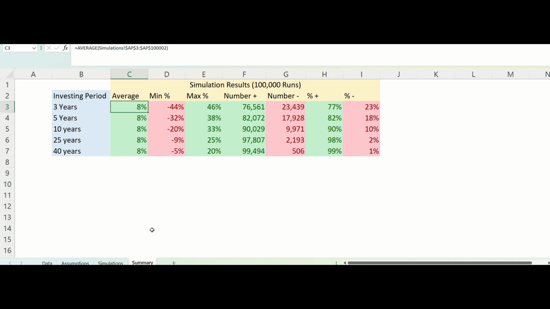So what was my average return over the 100,000 runs over the 3 years, and for all of them actually, because doing it over 100,000 sort of mitigates some of that variability. So actually, the average is 8% for all of them. But the important thing to note here, and this is where it's starting to illustrate that long-term investing is a lot less variable, is that when you look over the 3-year period and the 40-year period, the swings